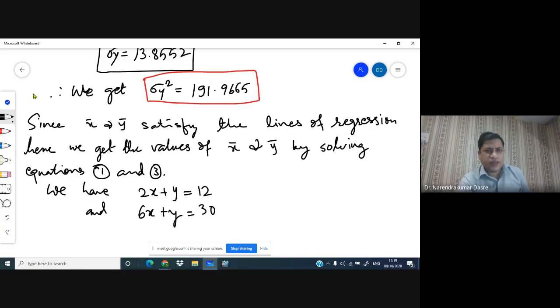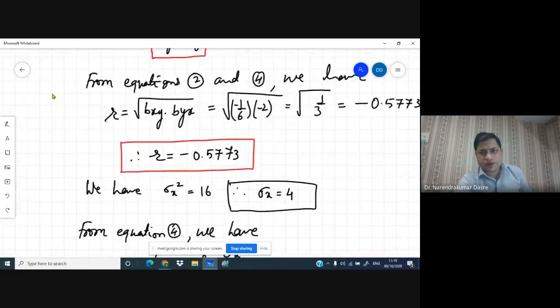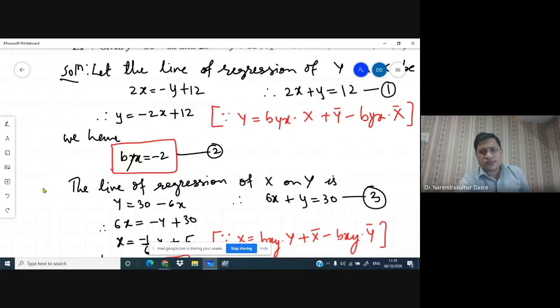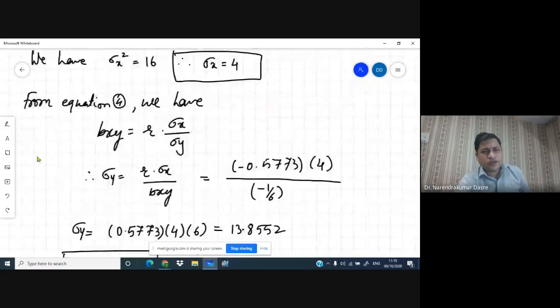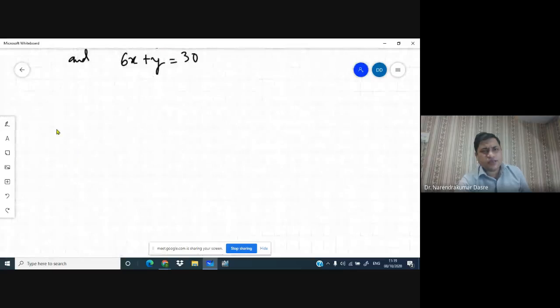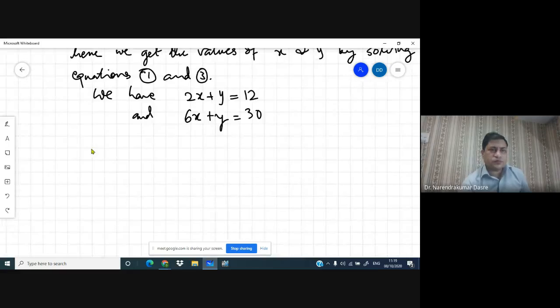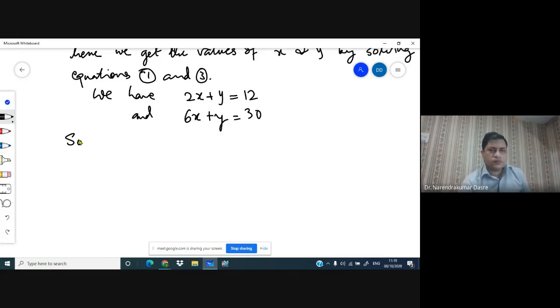Okay, so you can see whether we got it correct. The equations are 2x plus y is equal to 12 and 6x plus y is equal to 30. So these are the equations that we have got, and then we have to solve this. So we can write here, solving both